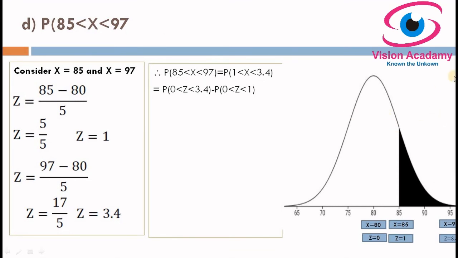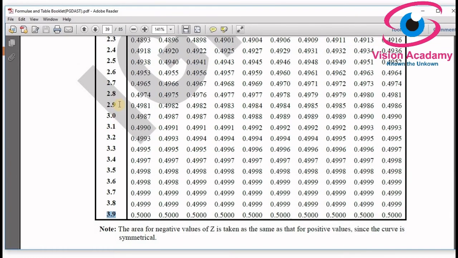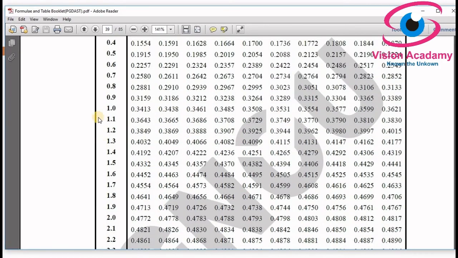Now let us simplify further to plot in the z table. Now we can directly look into the z table because both values are on the positive side. So for z of 3.4 and 1, our table value for 3.4 would be 0.4997 and for 1 our table value would be 0.3413. Now we have to subtract